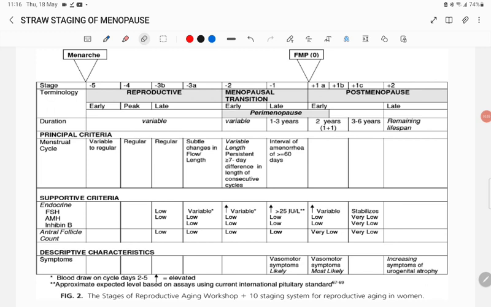Let's talk about STRAW staging of menopause. In this staging, you should remember the staging is divided as -5, -4, -3, -2, -1, and plus, along with the terminology, duration, principal criteria and supportive criteria. There will be a principal criteria and a supportive criteria